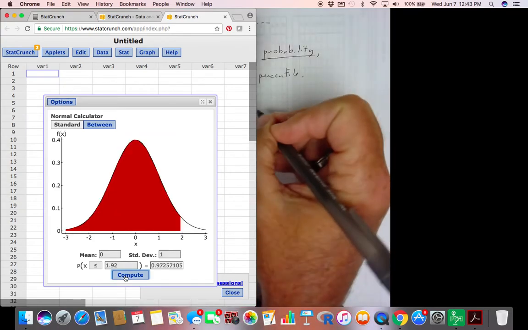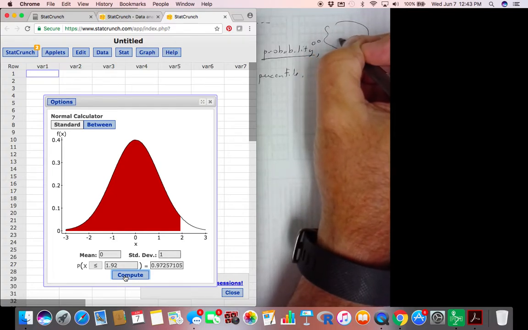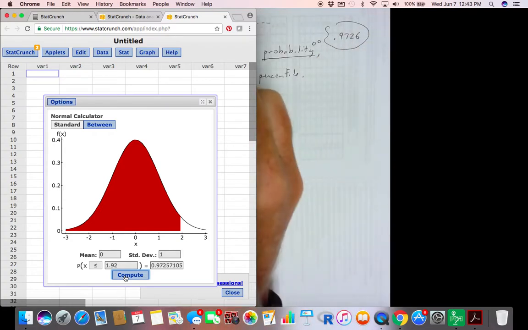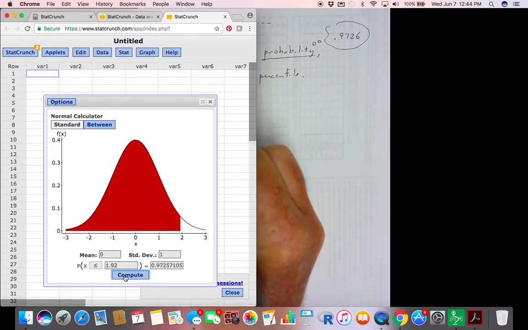So the probability is 0.9726. The percentage